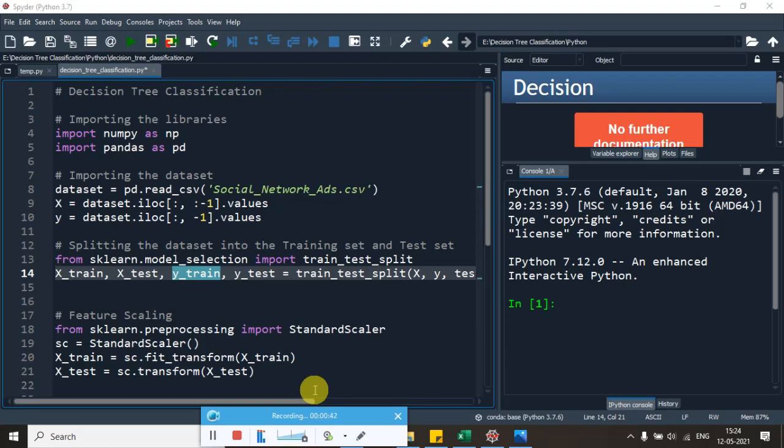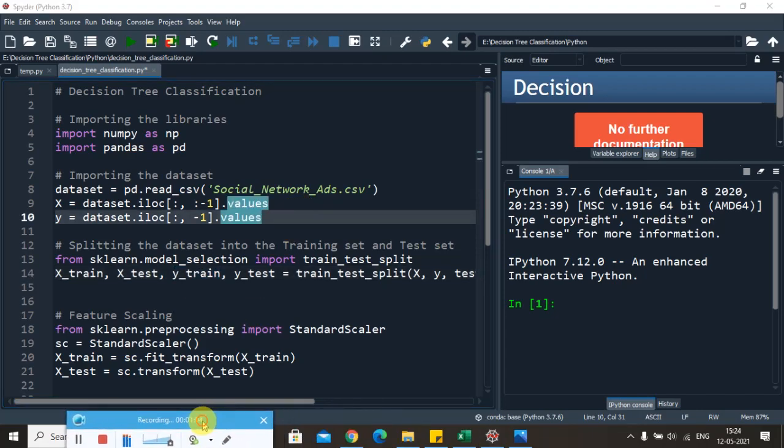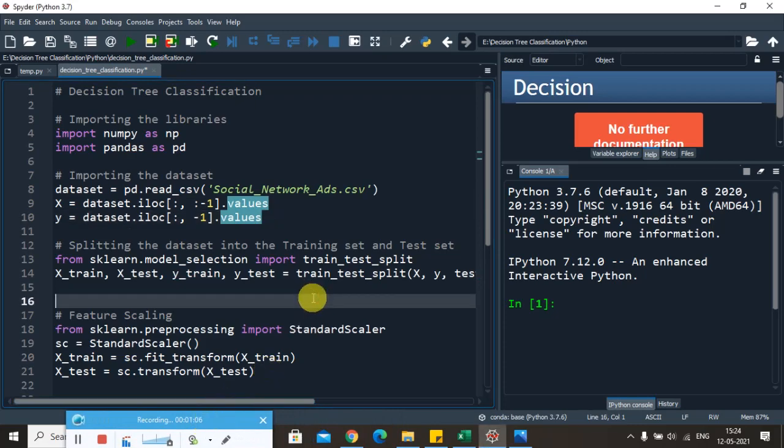So in this session we will focus on the classification trees, and the algorithm which I am going to apply for the given data set is decision tree algorithm. As we are all aware, this algorithm works by splitting the observations to classify the label. So before we proceed further, let me show you the data set which we are going to consider for this study.